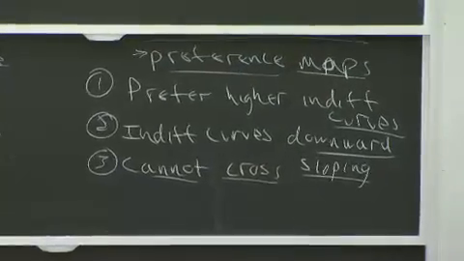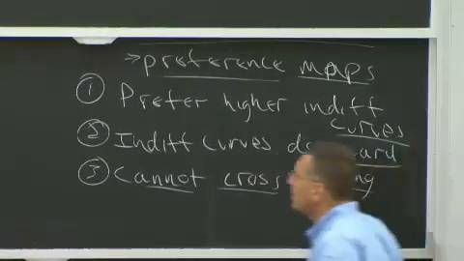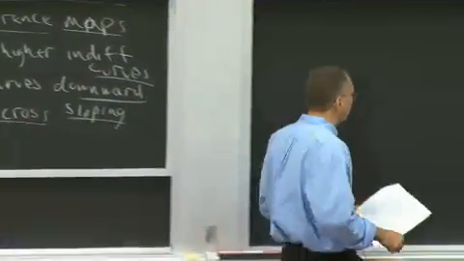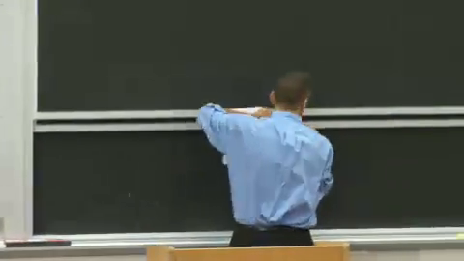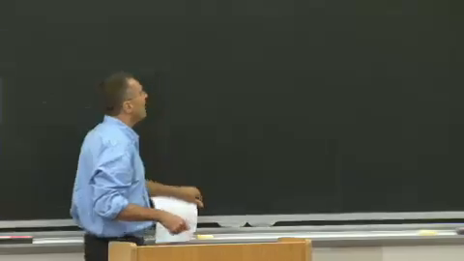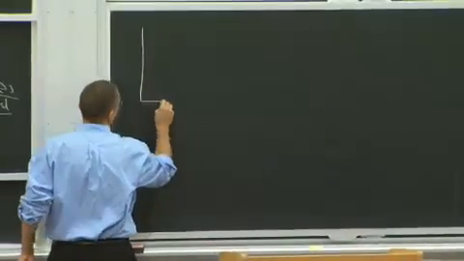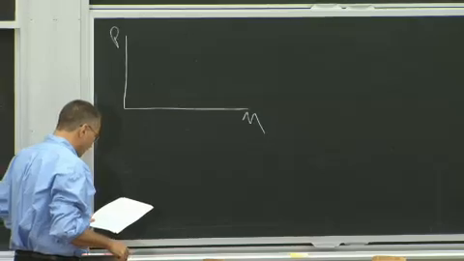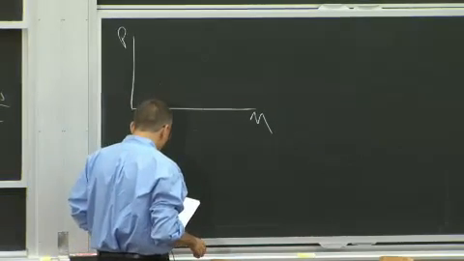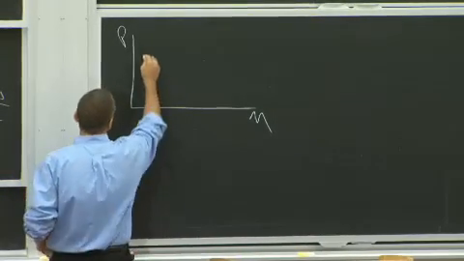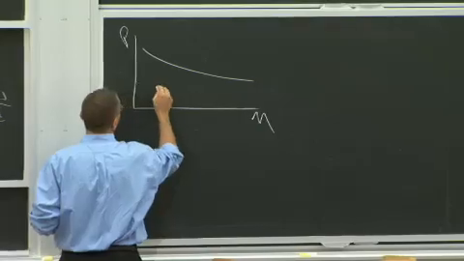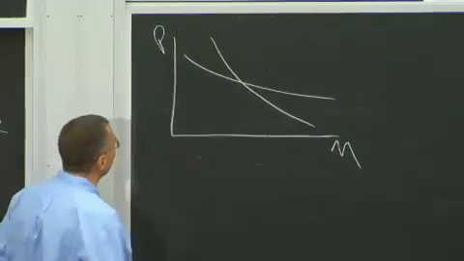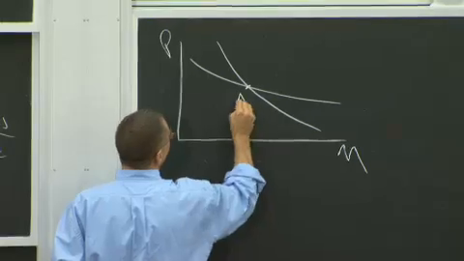Why can't indifference curves cross? Well, here I forgot to have Jessica do a pretty diagram, so you have to deal with my ugly handwriting here. Imagine a situation where you have your pizza and your movies, and imagine you have one indifference curve that looks like this, and one indifference curve that looks like this. Two indifference curves. And let's label these points A,